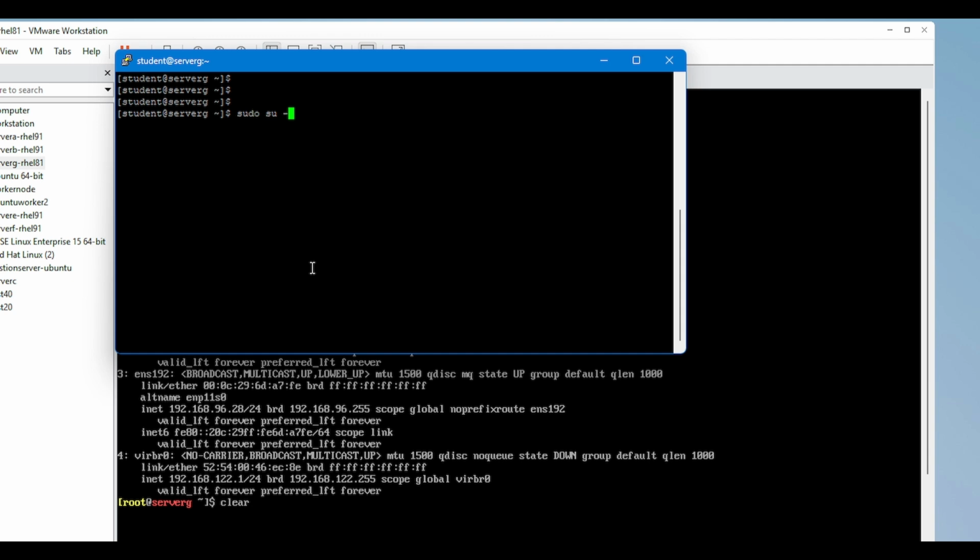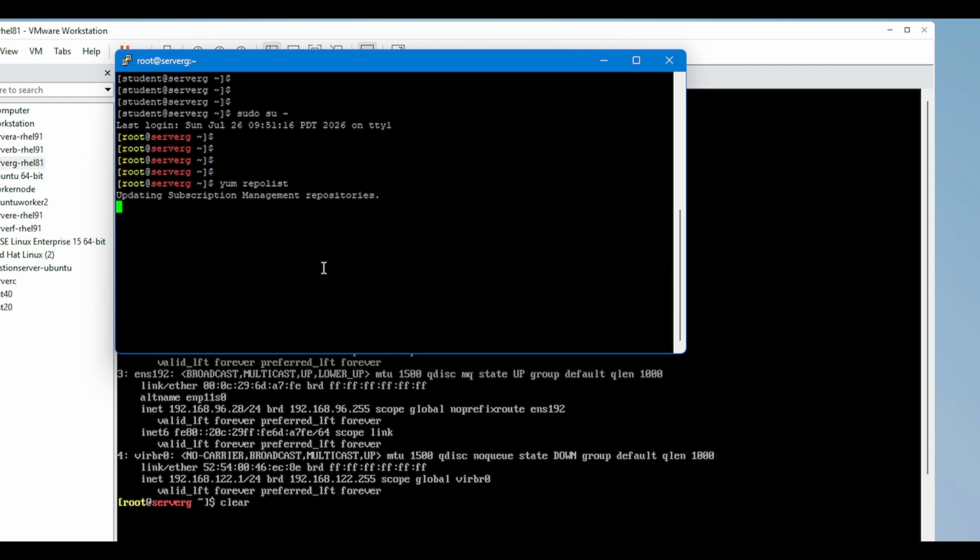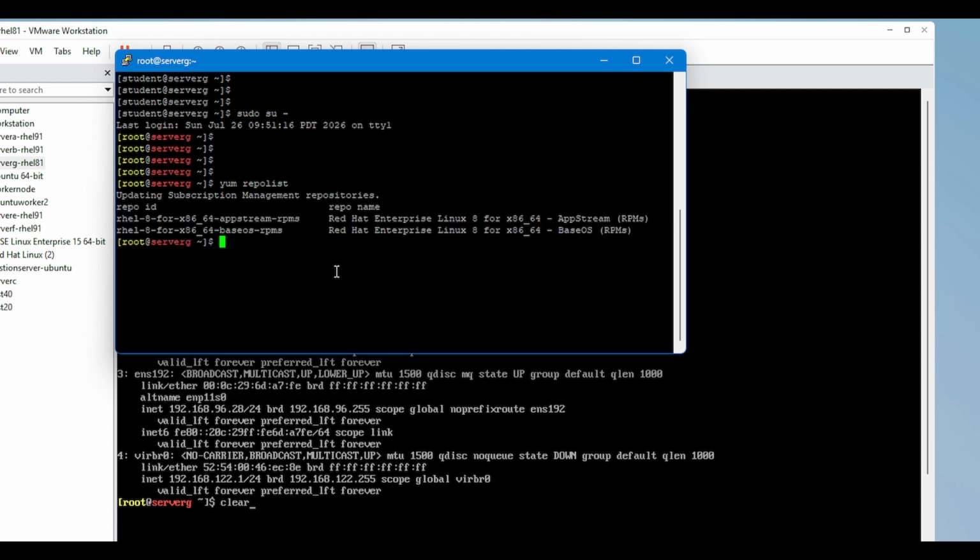Sudo, to give root access, you need to enter the particular user in the sudoers file. Here first I just want to show this yum repolist. So this machine is registered, so this will fetch the complete repo from the Red Hat side.